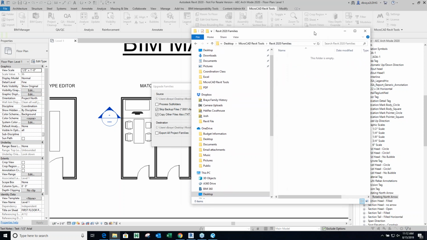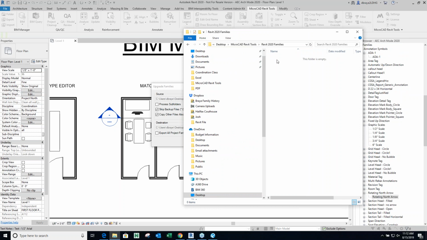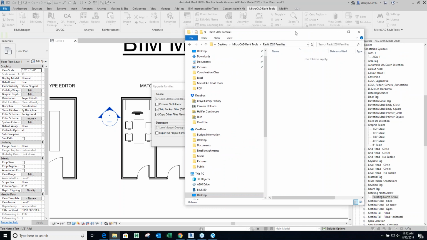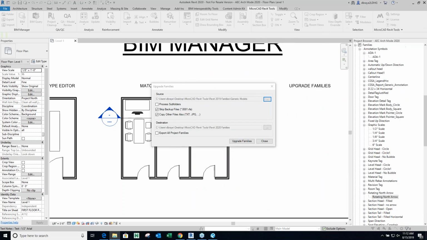Not only will it do that, and I'm just going to move this off to the side, you see those populate right in here when I run the tool. Not only will it upgrade the family from 2019 to 2020,